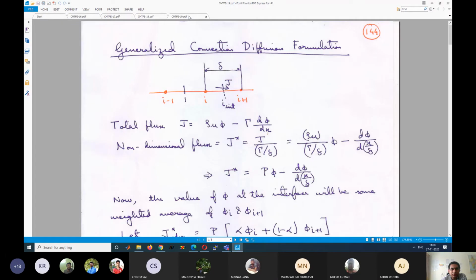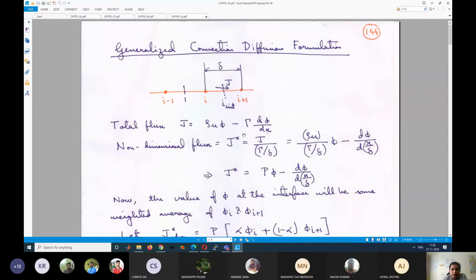So what we are going to do today is see, for any scheme, how to develop a generalized formulation, so that if we implement this generalized discretized equation, it does not matter to us what scheme we are using. We can replace some value very quickly. One line we can replace, and if we want to test 5 schemes, we can just replace one line for each scheme and test those schemes.